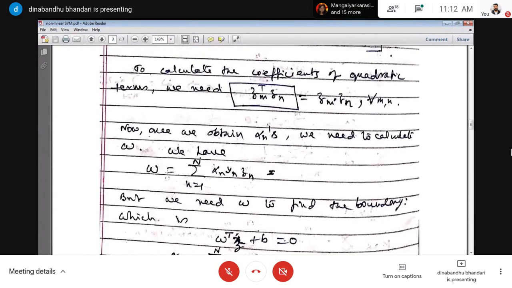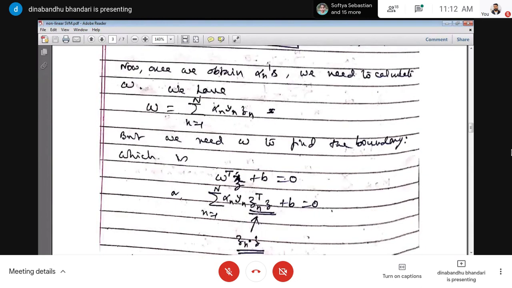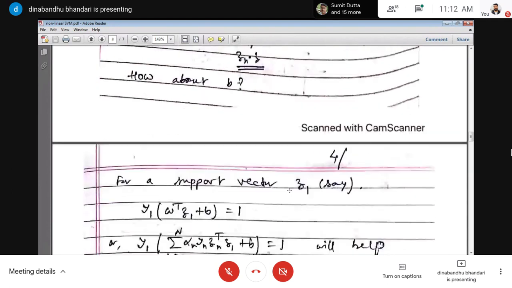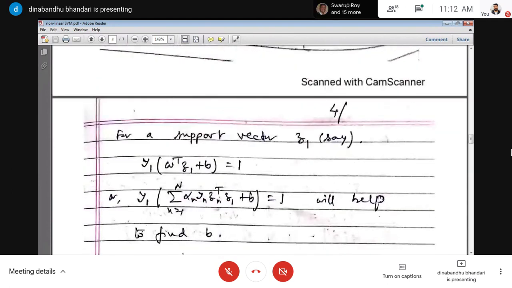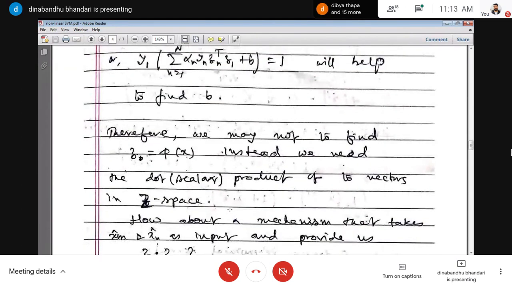But we do not need to calculate W explicitly. To predict the class of an unknown point, what you need is to calculate the dot product of the unknown point together with the support vectors, right? And to find the B also, if we can find the dot product, that will serve our purpose. Okay. Now, if you have a mechanism,